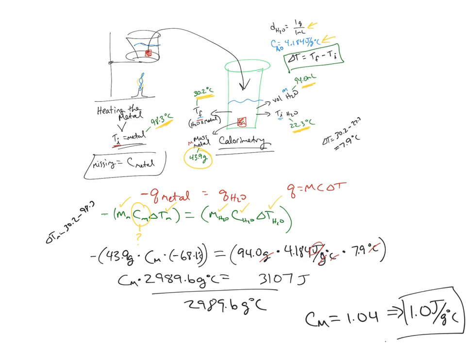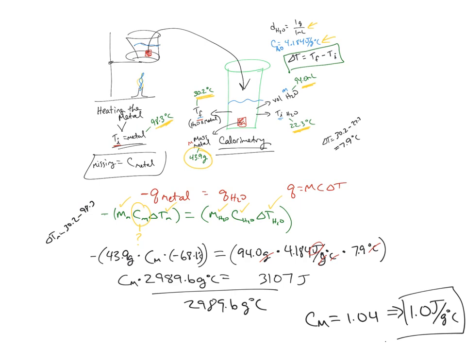Once the temperature is constant, then we know that the metal piece and the water have reached thermal equilibrium. We can then get that final temperature, and that's T final for both. So through that experiment, we are able to get the mass of the metal, the change in temperature of the metal, the mass of the water, the change in temperature of the water. You're given the heat capacity of water, and all you have to do is solve for the heat capacity of